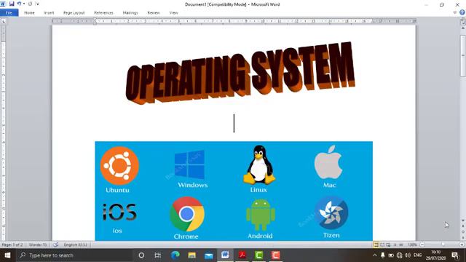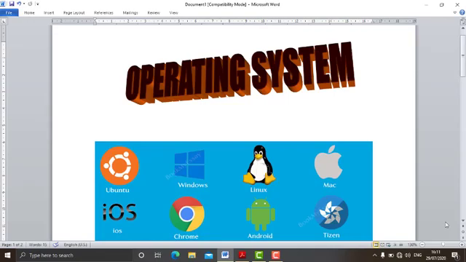So a number of important functions are there which an operating system does. Let's discuss that, not in detail. So the very first function which it does is memory management. The second is process management. The third is device management. The next is file management, security management. It controls the system performance and error detecting. Plus it coordinates between the software and the user.